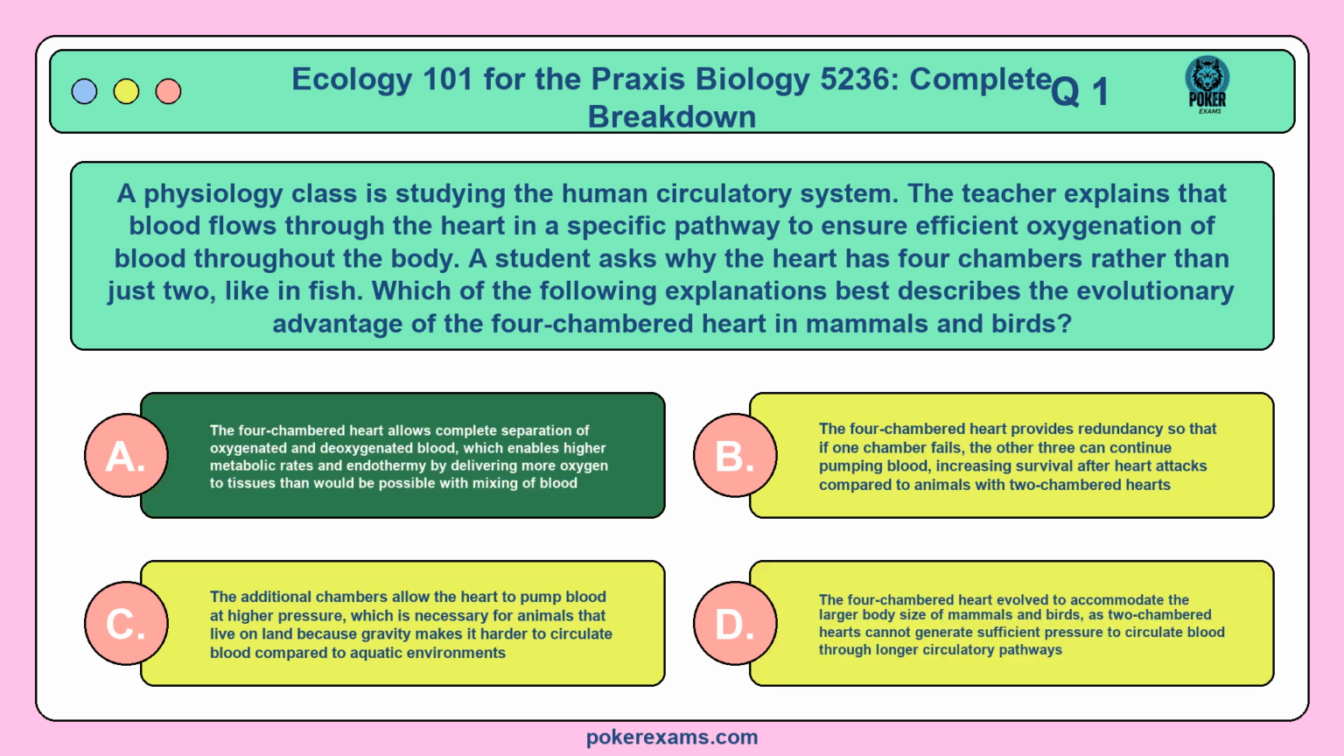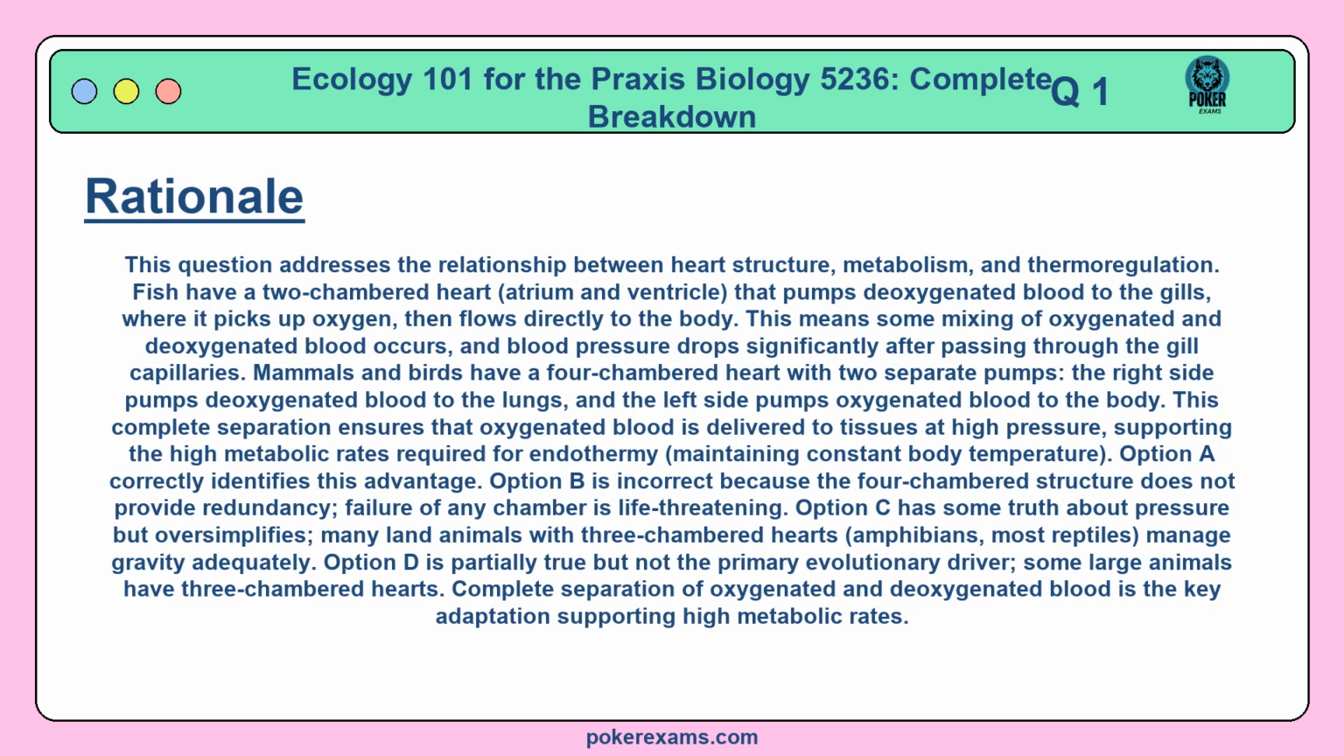The correct answer is A. This question addresses the relationship between heart structure, metabolism, and thermoregulation. Fish have a 2-chambered heart, atrium and ventricle, that pumps deoxygenated blood to the gills, where it picks up oxygen, then flows directly to the body. This means some mixing of oxygenated and deoxygenated blood occurs, and blood pressure drops significantly after passing through the gill